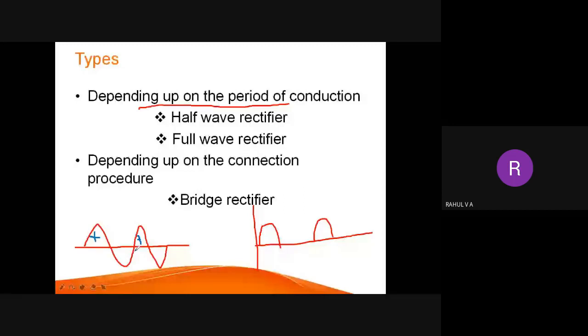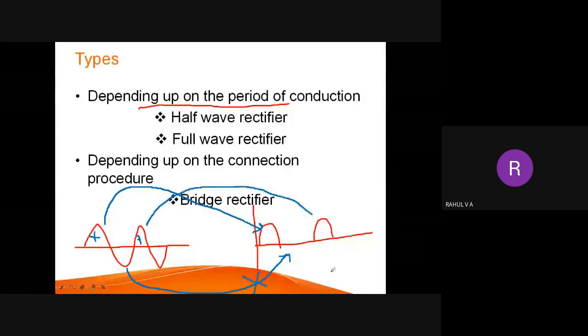That is why half wave rectifiers are called half wave rectifiers. Only the positive half cycle is coming, no negative half cycle. The first positive half cycle has reached the output, but the negative half cycle will not be present. Again, the next positive half cycle will come, and again the negative half cycle will not. That means if you take a full wave, a complete cycle, only half of the wave will be present in the output. That is why it is called a half-wave rectifier.